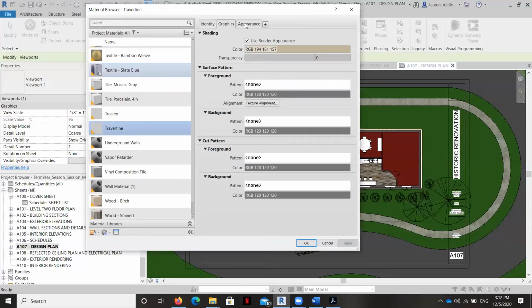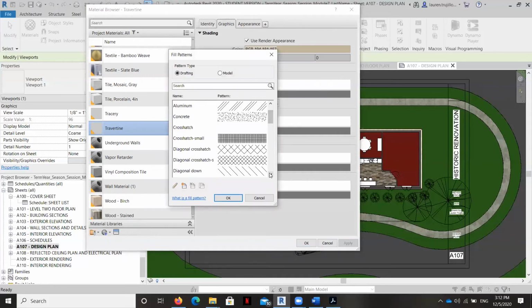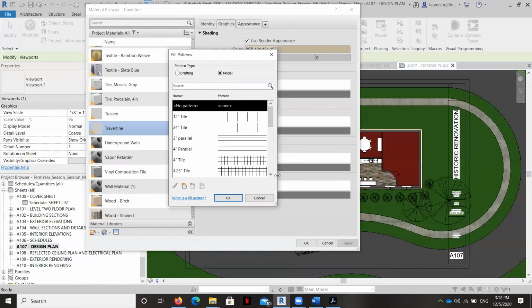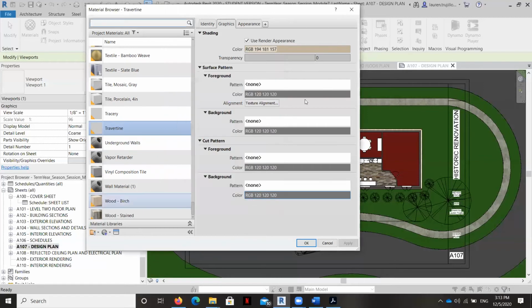Going to the travertine and then going to the surface pattern and assigning it, instead of this being none, having it look somewhat tile-like. Because that's got what they call an ashlar pattern, the best option we really have is just to use one of these tiles here that indicates the finish, that it is going to be tile, because we don't have a good pattern match that works, and making new ones of these involves tinkering with Revit code, which is way outside of our area of expertise.